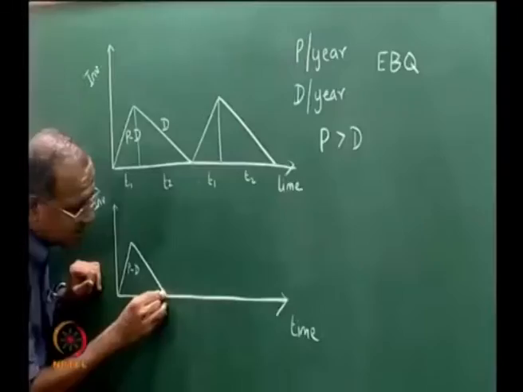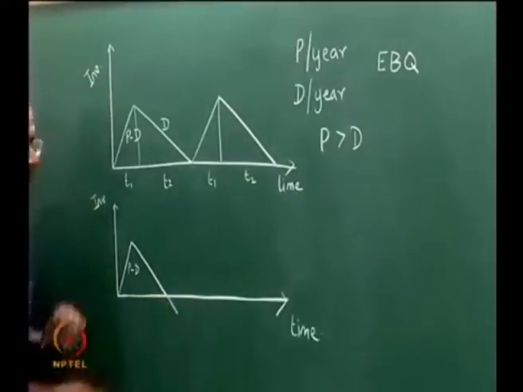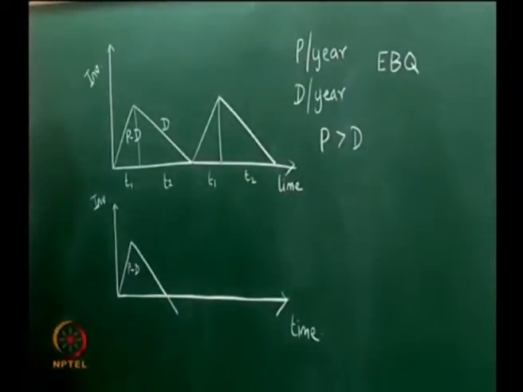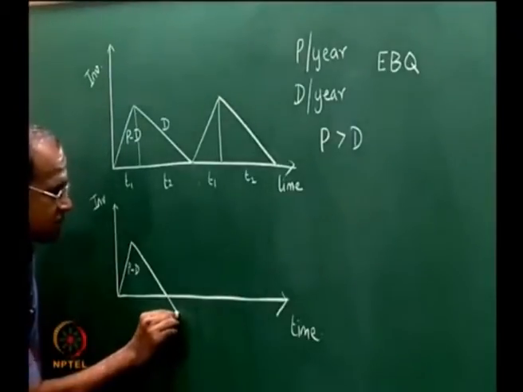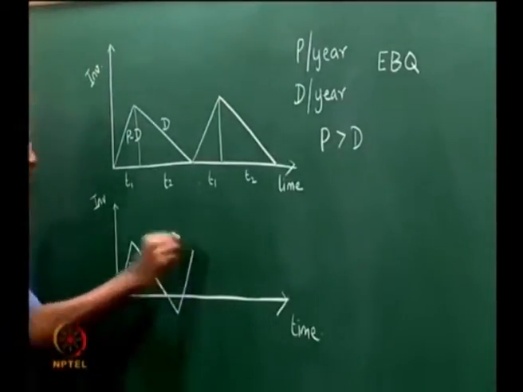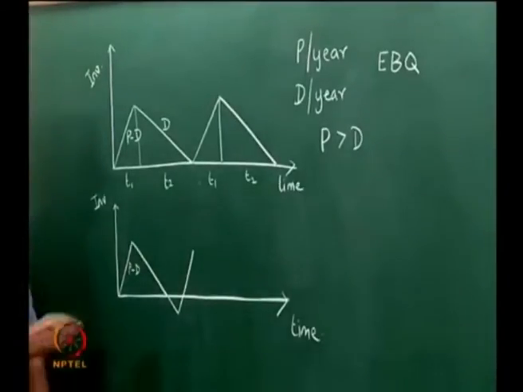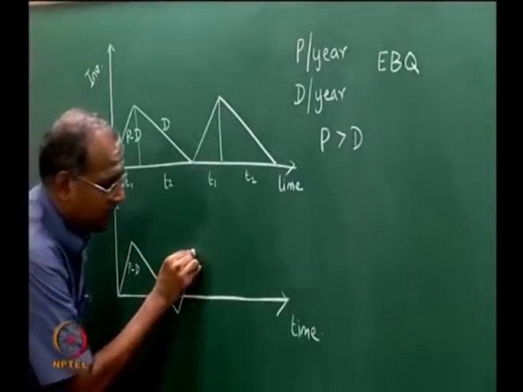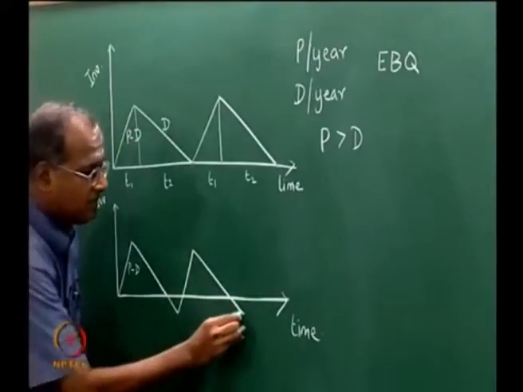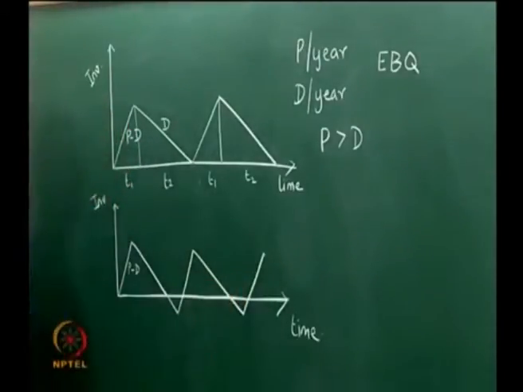So, we do not produce immediately, we allow a certain back order and then start producing at this point. So, production once again begins at this point, this is parallel to this, and then once again we consume. So, this will be parallel to this